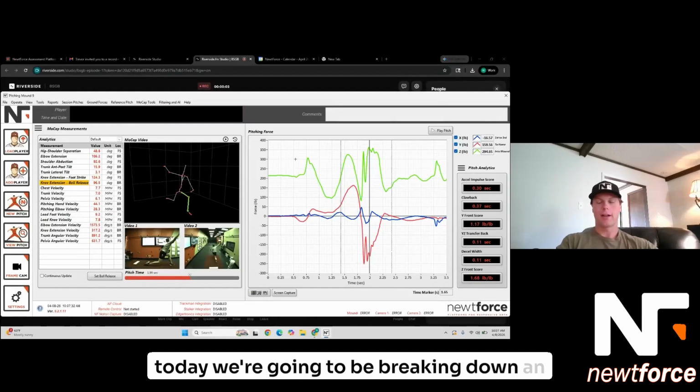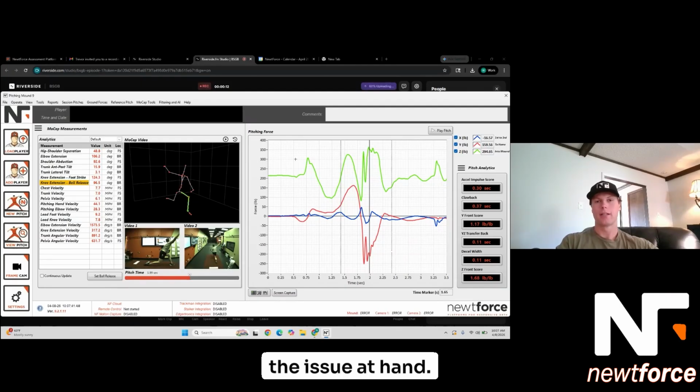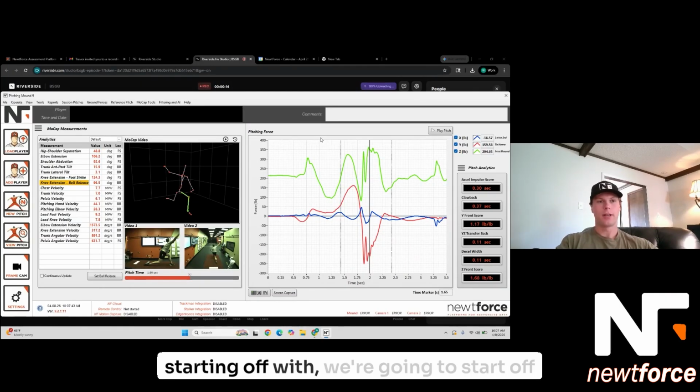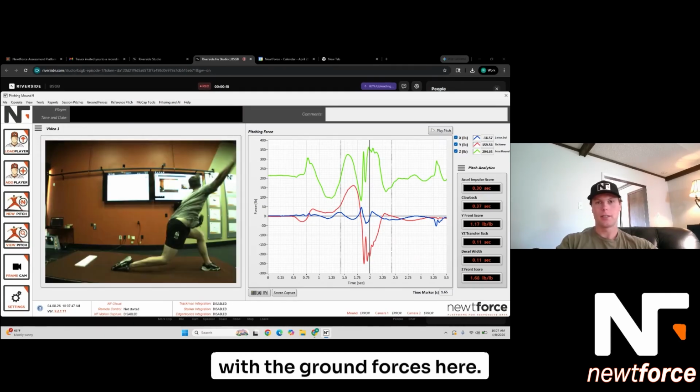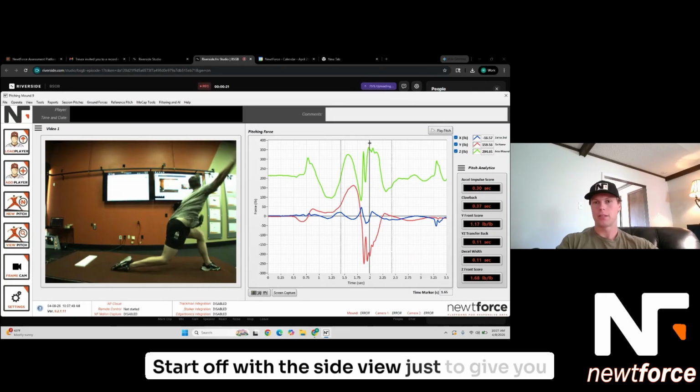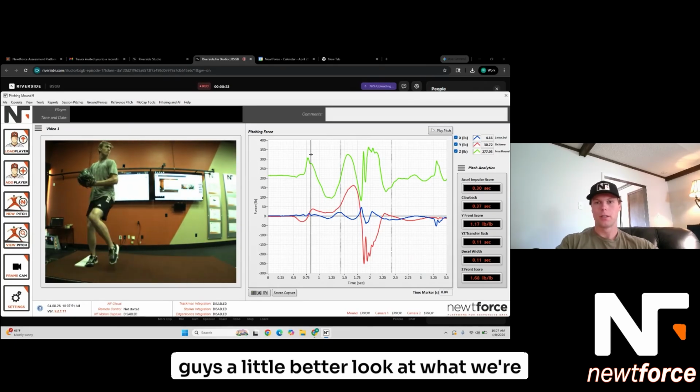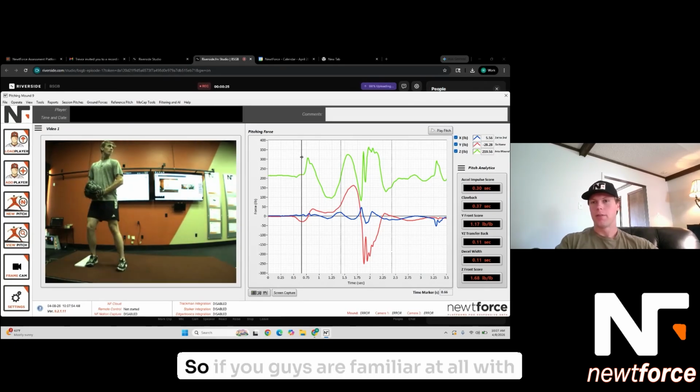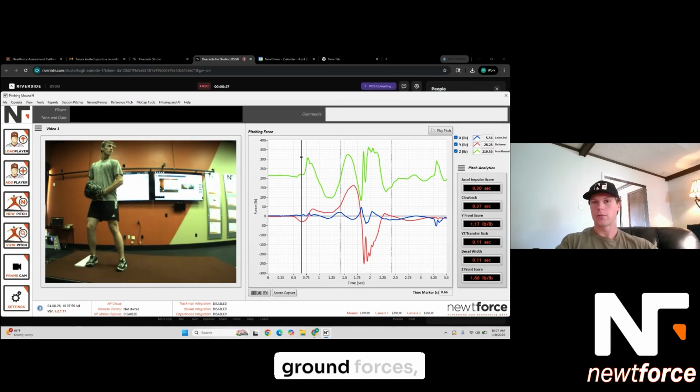Today we're going to be breaking down an athlete we recently had in the lab, talking about how we diagnosed and began to attack the issue at hand. So, we're going to start off with the ground forces here. Start off with the side view just to give you guys a little better look at what we're trying to attack here. If you guys are familiar at all with ground forces,